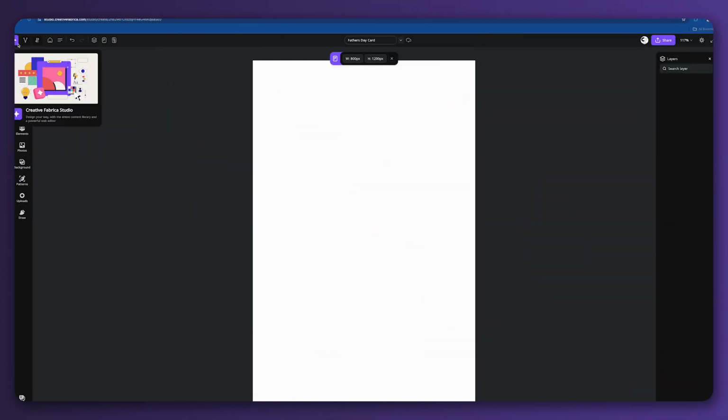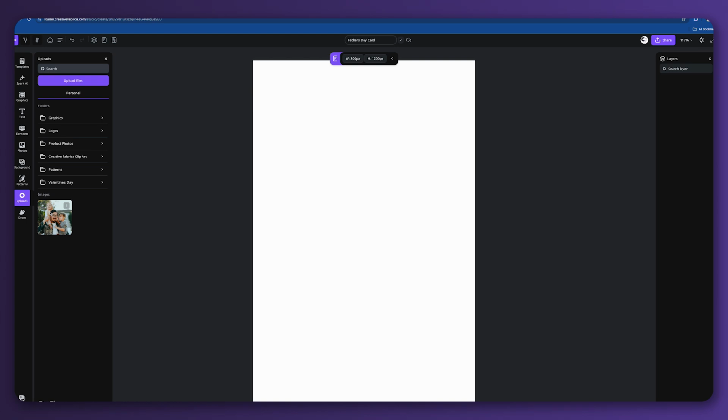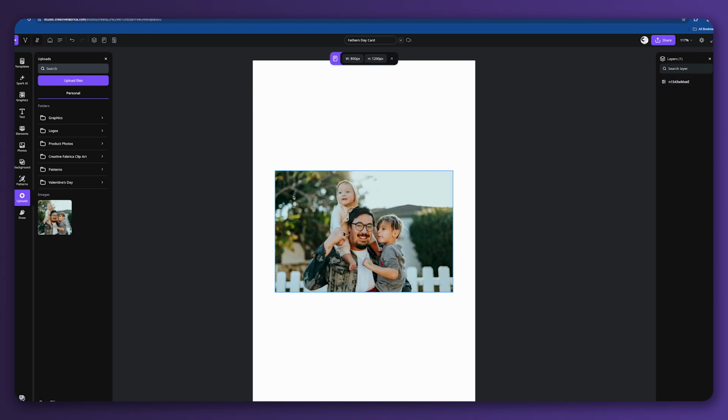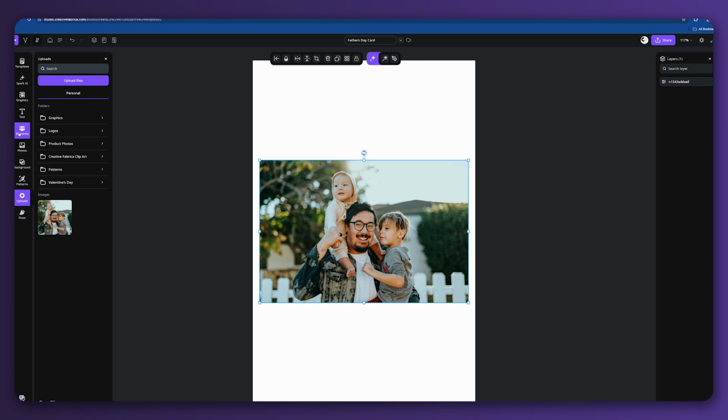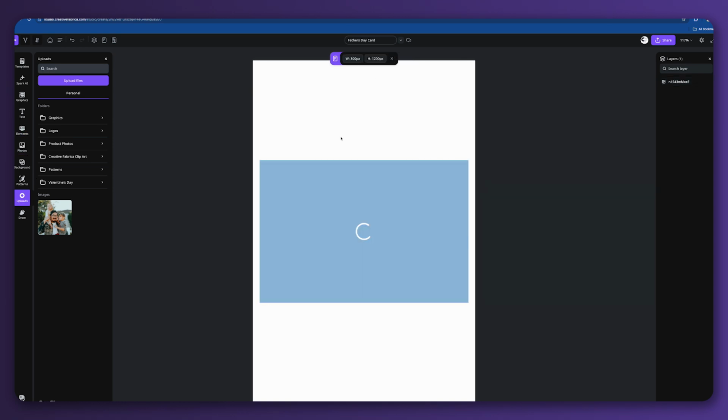You can design unique Father's Day gifts in Studio. Start by uploading your favorite photo to Studio via the Uploads tab. Then click to add it to the canvas. Let's remove the background using the Spark AI Background Remover by simply clicking the magic wand icon in the bar